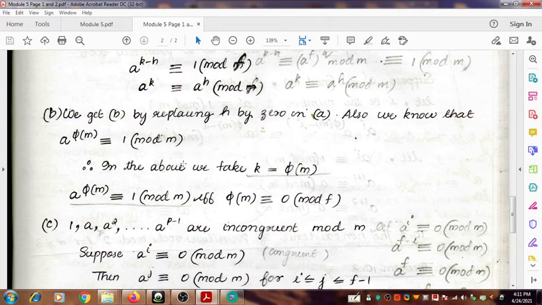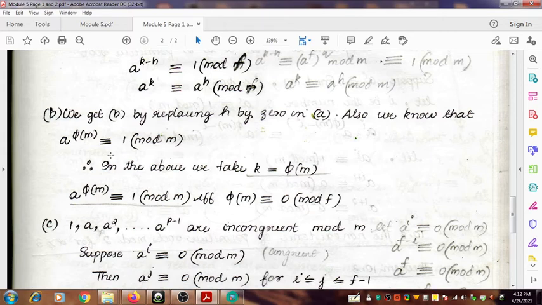And also we know that a raised to phi m is congruent to 1 mod m. That's Euler-Fermat's theorem. Using Euler-Fermat's theorem, a raised to phi m is congruent to 1 mod m. Therefore,